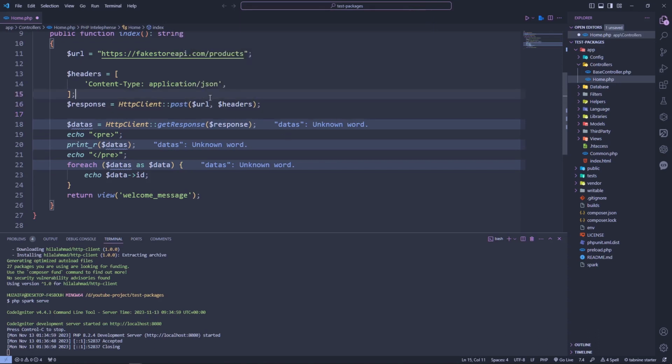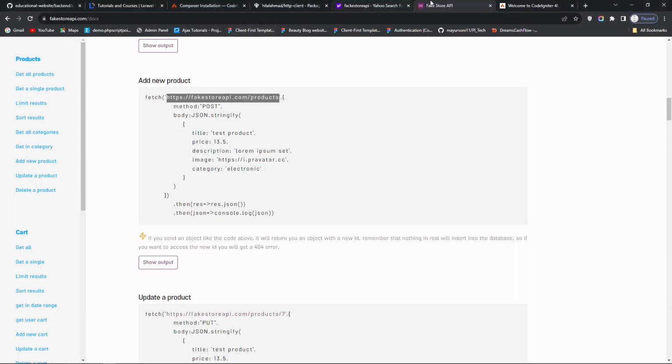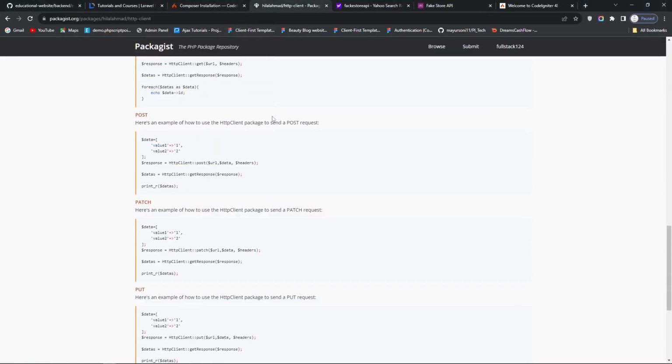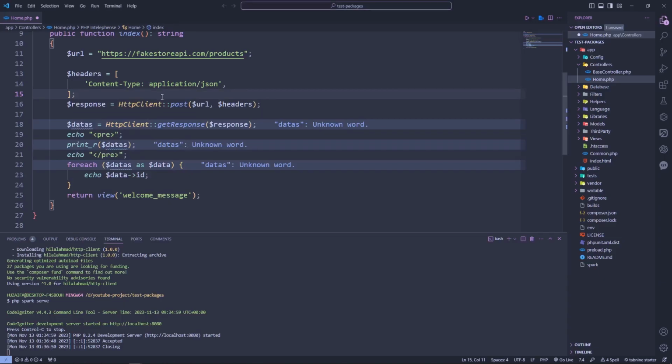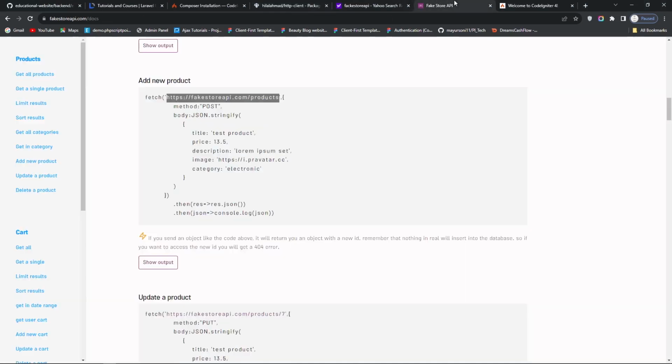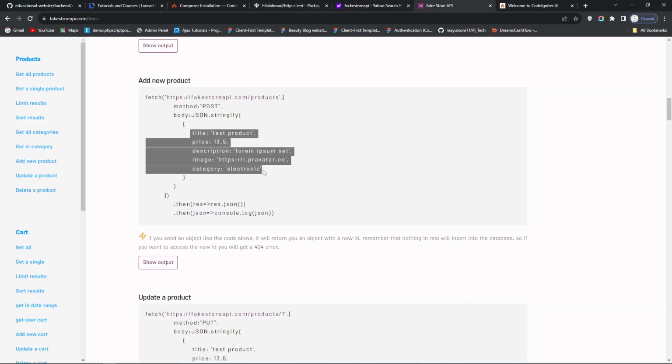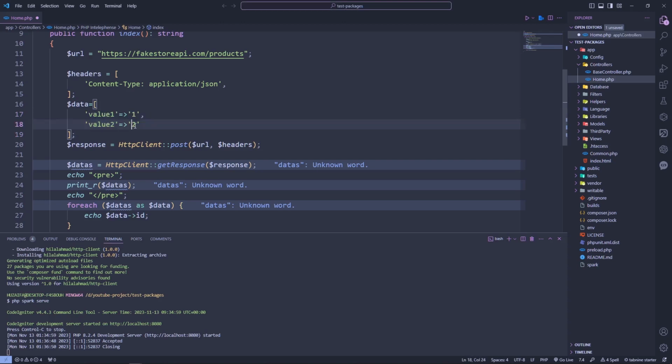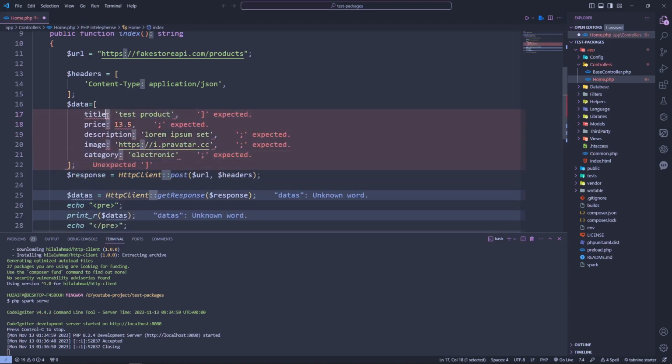So we will pass the data here. Go to the documentation, and this data we will pass there. Copy some fields from here and paste them there, and convert this colon to an arrow,